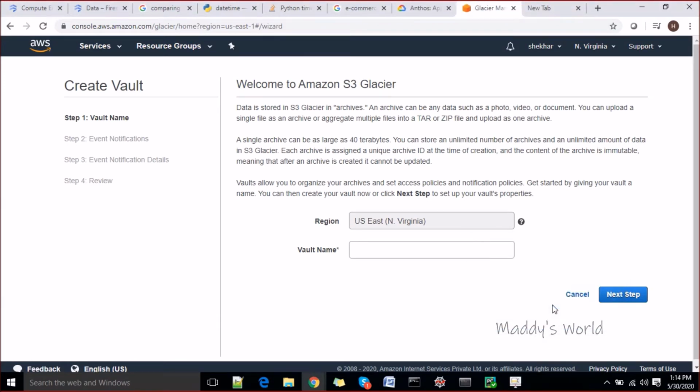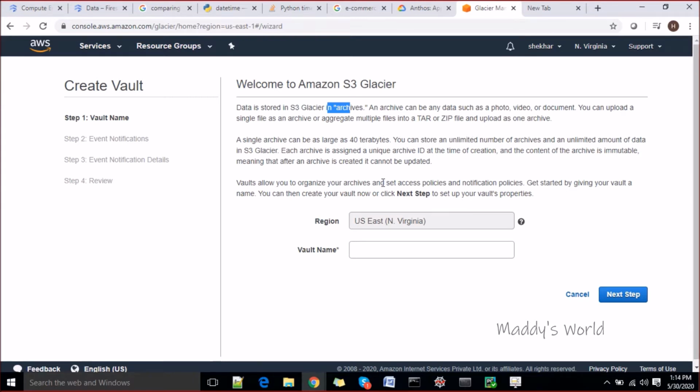Now you have to select where you would like to create your Glacier vault. You can select the region here. Data is stored in S3 Glacier in archives. An archive can be any data such as photos, videos, documents. You can upload a single file as an archive or aggregate multiple files into a tar or zip file.